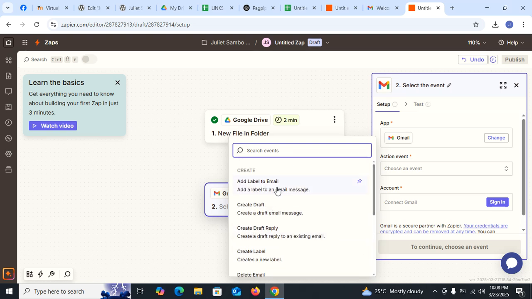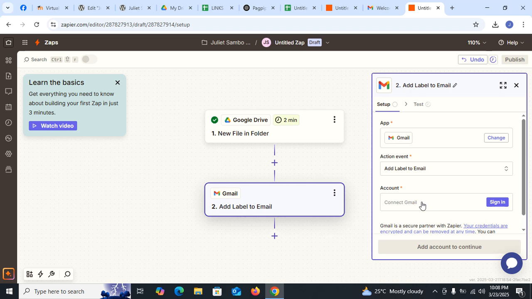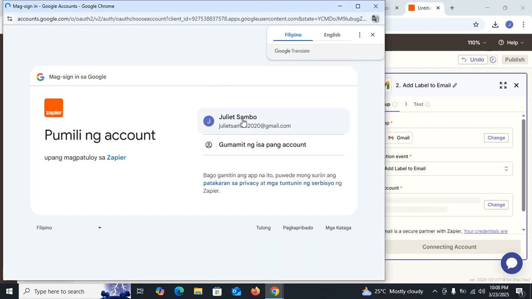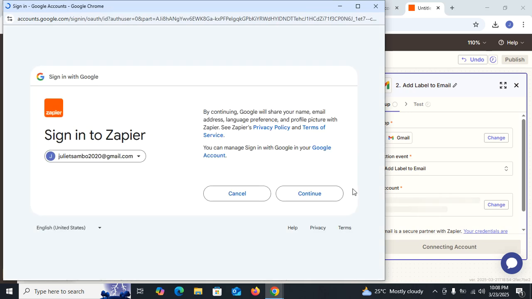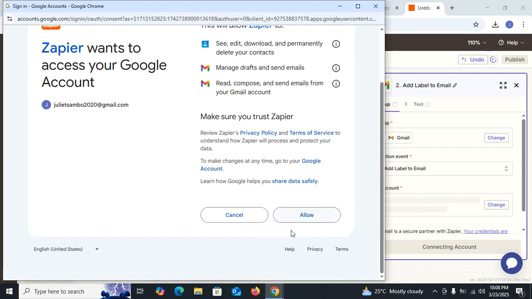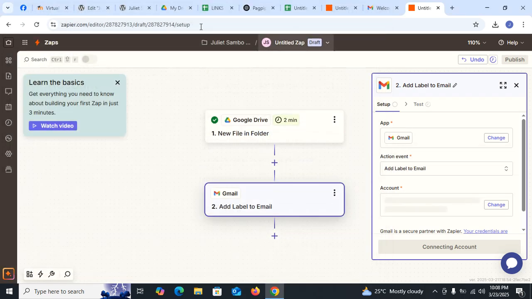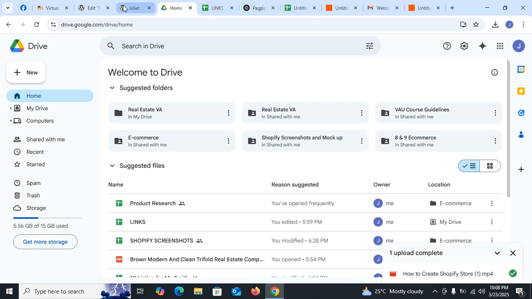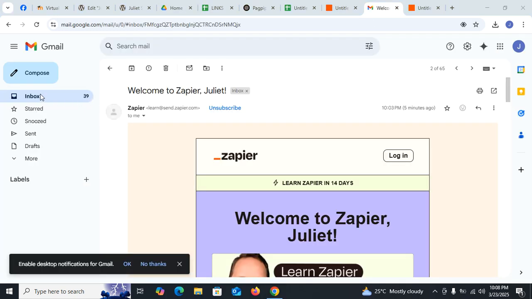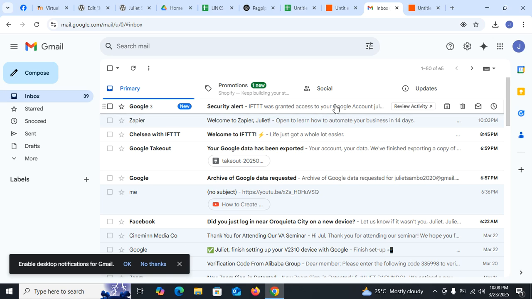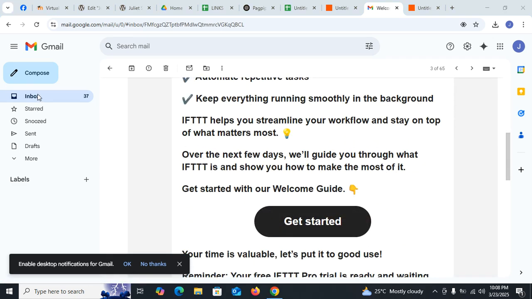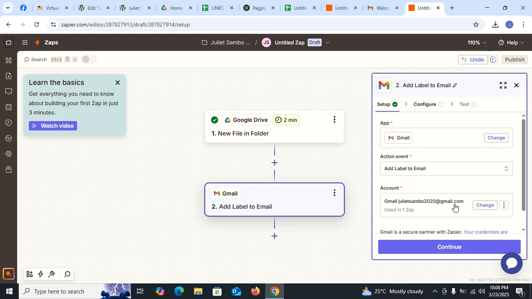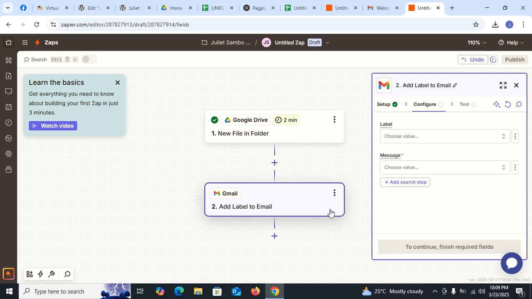So add label to my email. Then you have to click continue.